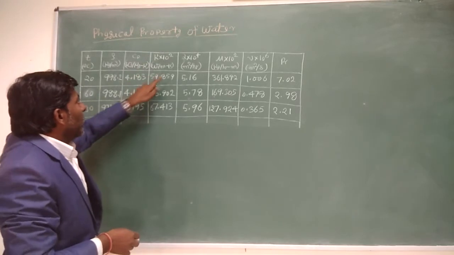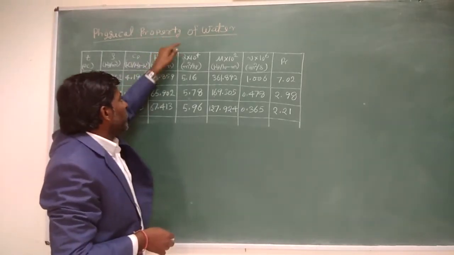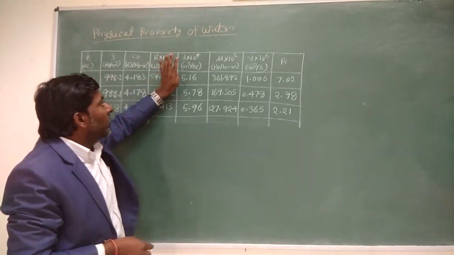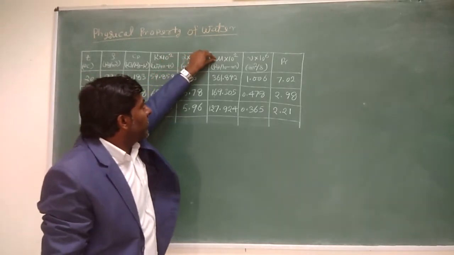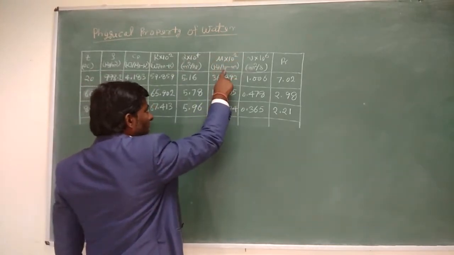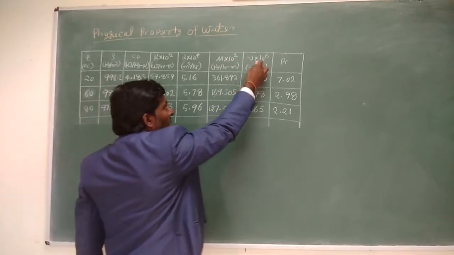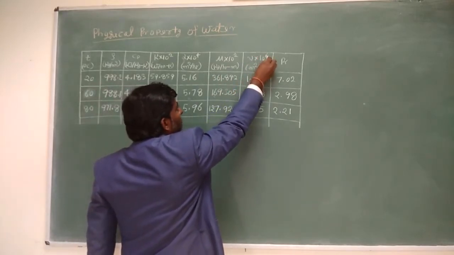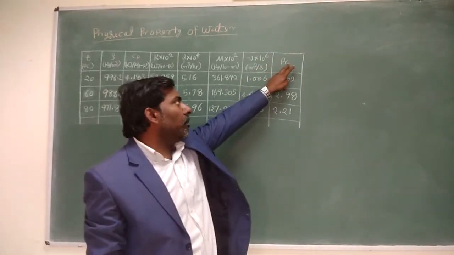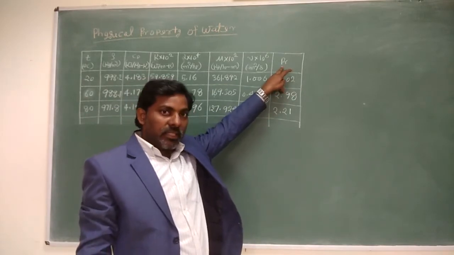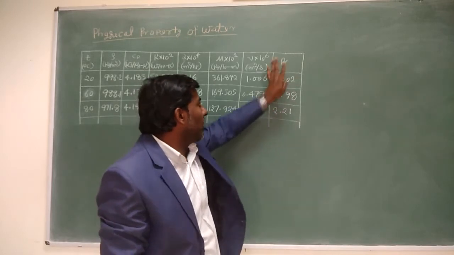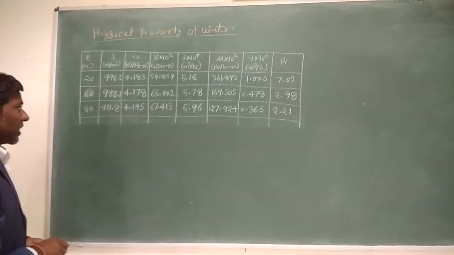Okay, I will see. Then next, this is the thermal diffusivity, alpha into 10 to the power 4, and its unit is given as meter square per hour. This is the dynamic viscosity, mu into 10 to the power 2, with unit kilogram per hour meter. Next is the kinematic viscosity, nu into 10 to the power 6, with unit meter square per second. At the last the Prandtl number is given. It has no unit because it is a dimensionless number.